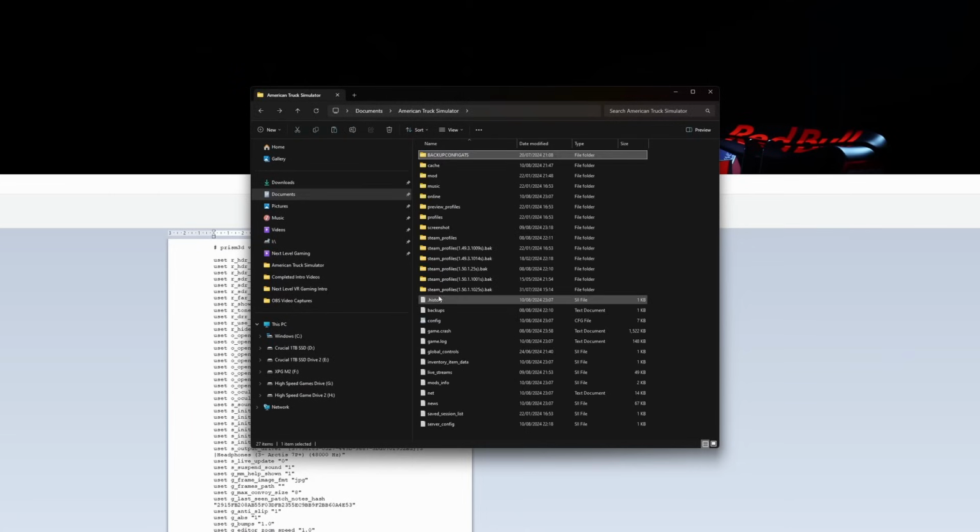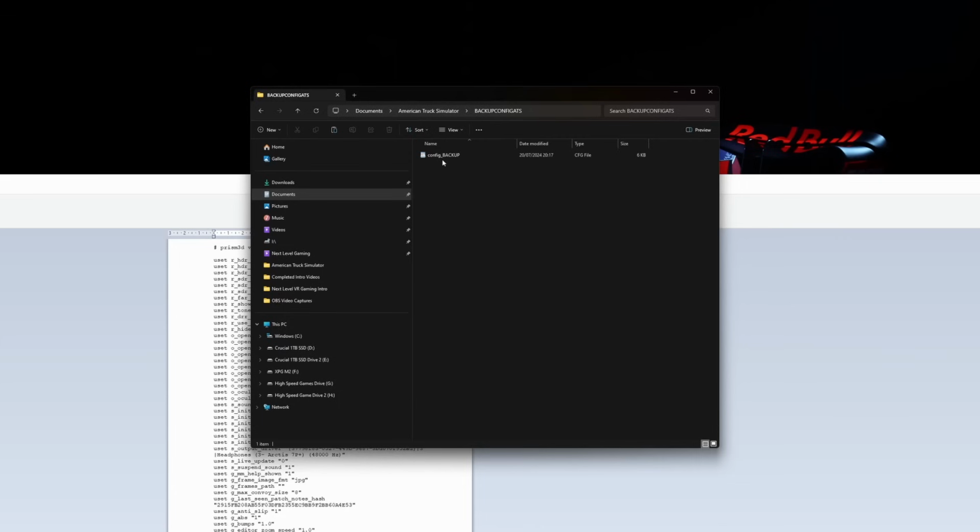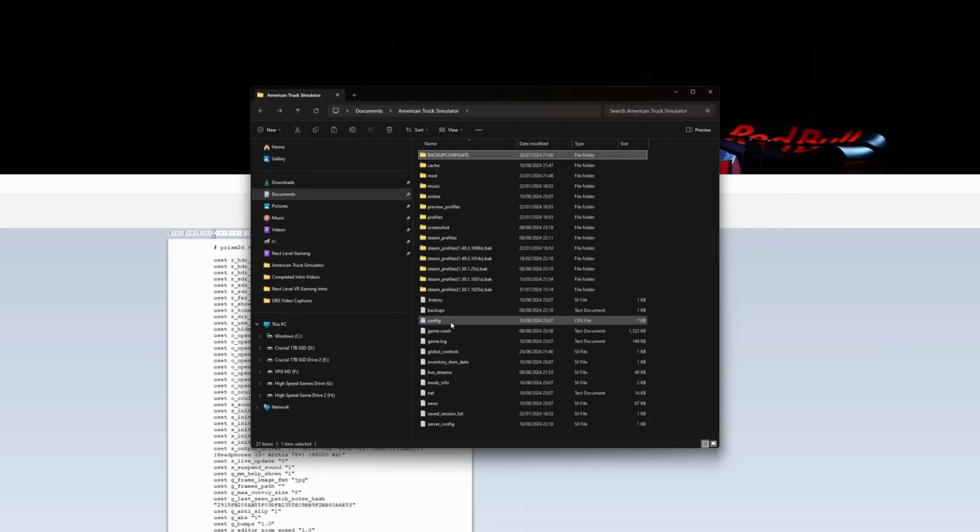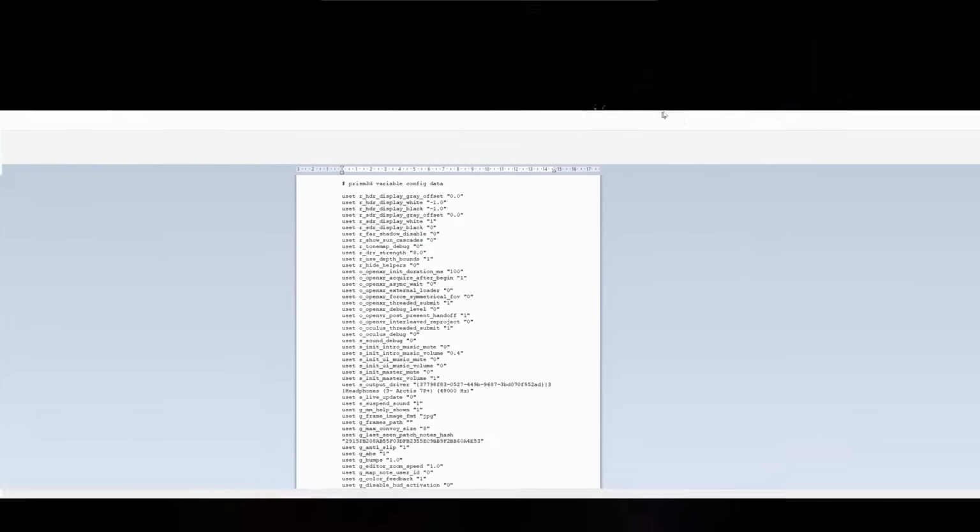And if we do have any issues where we end up causing configuration changes that cause you problems, then you can simply rename that to config, and you can paste it over the original configuration file within the Documents folder itself. Now I'm going to minimize that just for now, and we're going to look at the